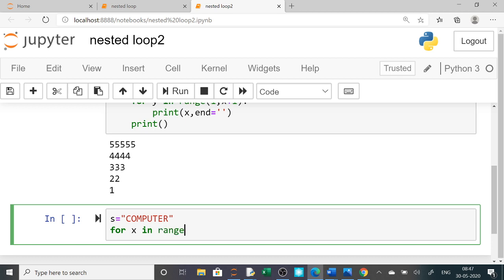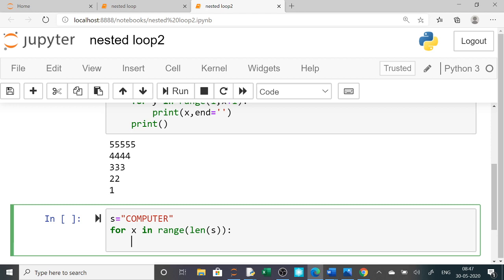Now we all know that index value is from 0. So by default it is from 0. So here only I have to write len of string, len of s. Clear? Over.